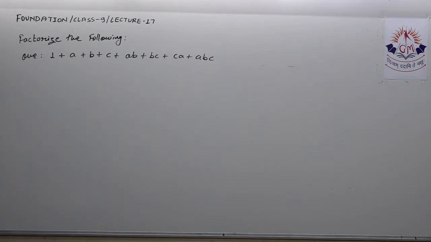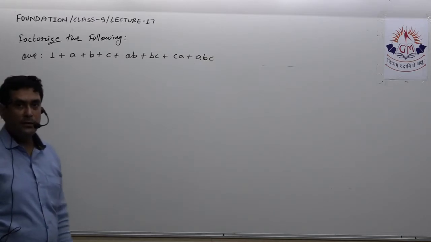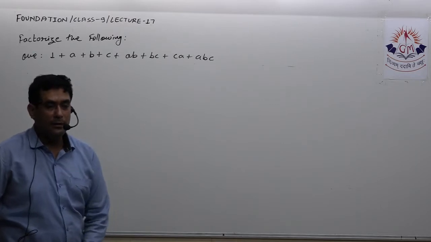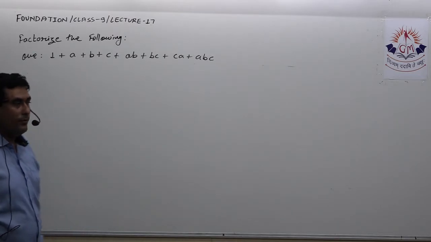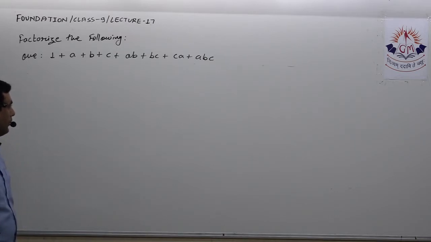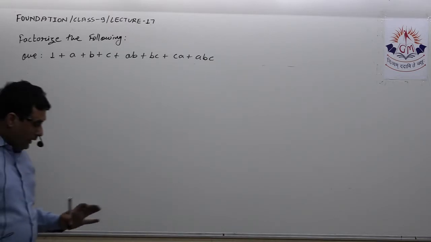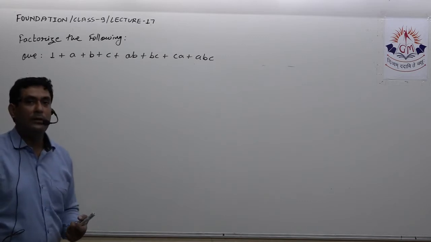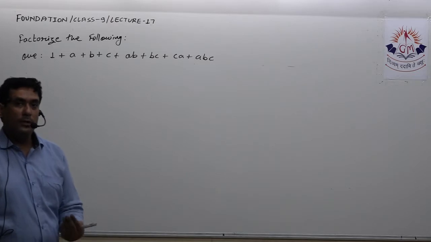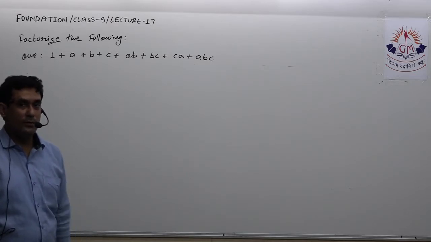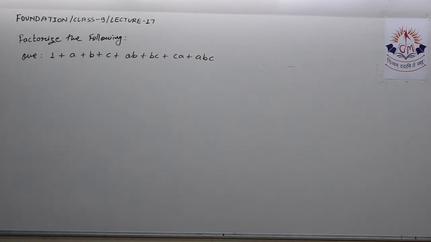One hint that I can give you, that definitely you won't get common from first to the next two and the next two. You have to rearrange the terms to get the common term. So try to rearrange the terms in a way so that you can get common. And also after taking common, whatever will be left in the bracket should be the same, so that you can find the factors further. Okay, so think for a while.